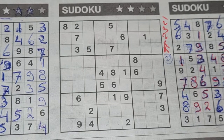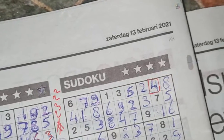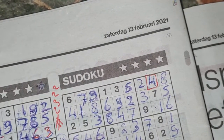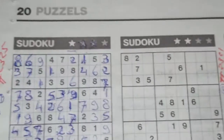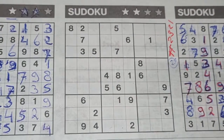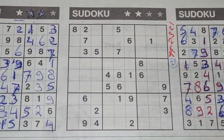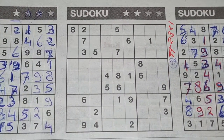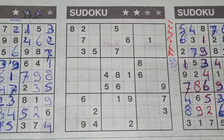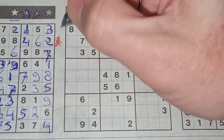And for you, we have 3 Sudokus left in this additional of yesterday's newspaper on Saturday, Saturday, February the 13th, 2021. We have here a Sudoku with 2 stars. Let me position the camera. And we have also a binary and a tectonic Sudoku left, but this will be number